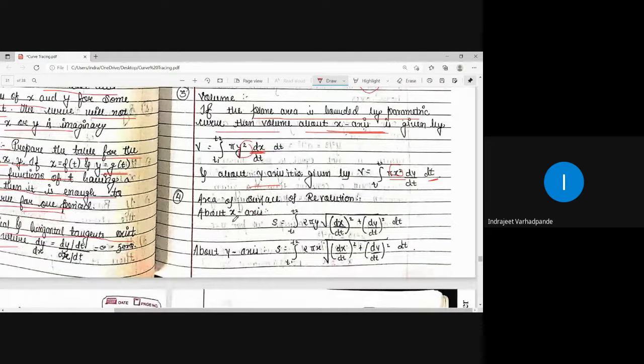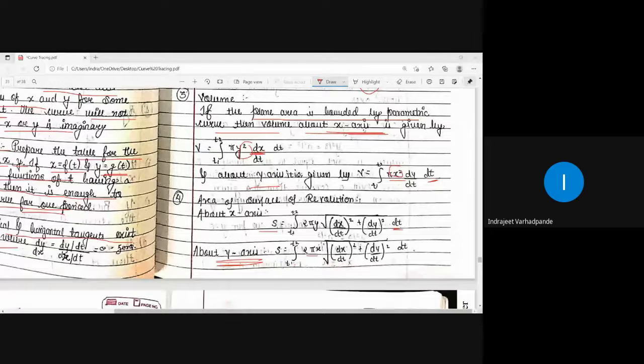Again there are two possibilities, one about the x-axis and another about the y-axis. About the x-axis, s is equal to the integral from t1 to t2 of 2 pi y times the square root of (dx by dt) whole square plus (dy by dt) whole square, dt. So that is how we will do the calculation for the area of surface of revolution. About the y-axis, it is the integral from t1 to t2 of 2 pi x multiplied by the square root of (dx by dt) whole square plus (dy by dt) whole square, dt. So these are the respective formulas or the pattern of obtaining